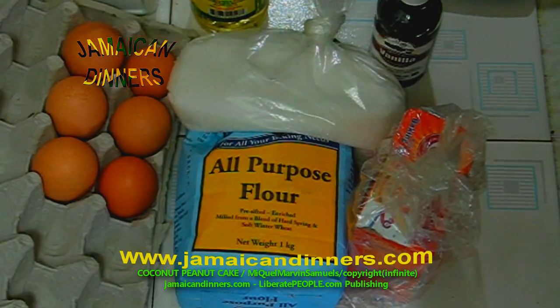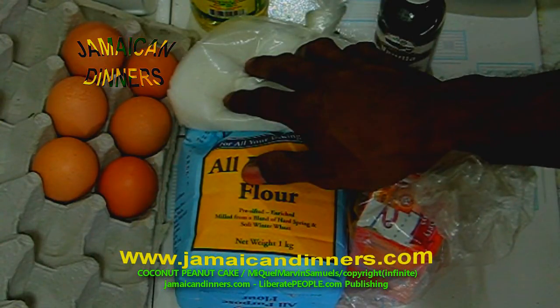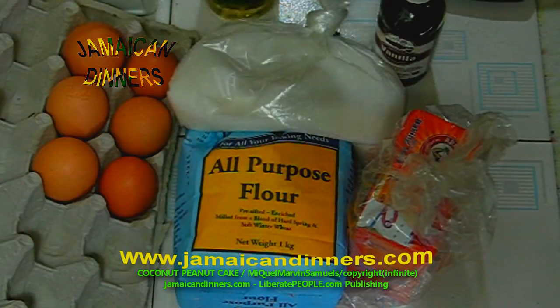My name is Miguel, and today I'm gonna make for you coconut cake. So you're gonna need 1 stick of butter, which I don't have. I'm going to the store for that. Half cup of coconut oil,